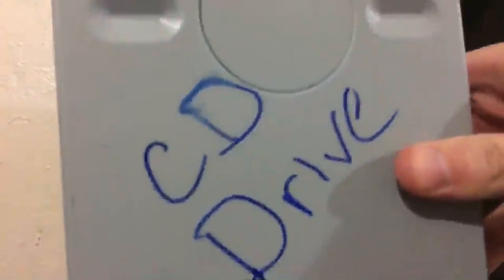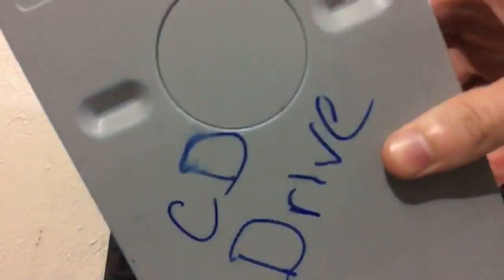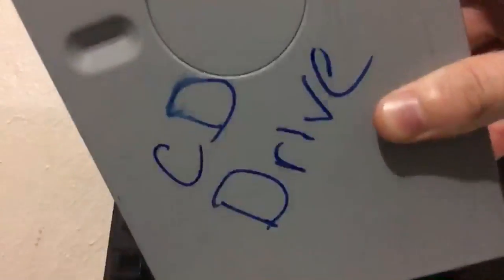I can't do a portable DVD-ROM drive because there's no USB ports of any kind. And besides, it wouldn't boot off USB anyway. But if anybody remembers what this looks like, then you know that I need to make a remake video on the Dell Optiplex GX110, which I need to make a remake video of. I haven't done that in like...